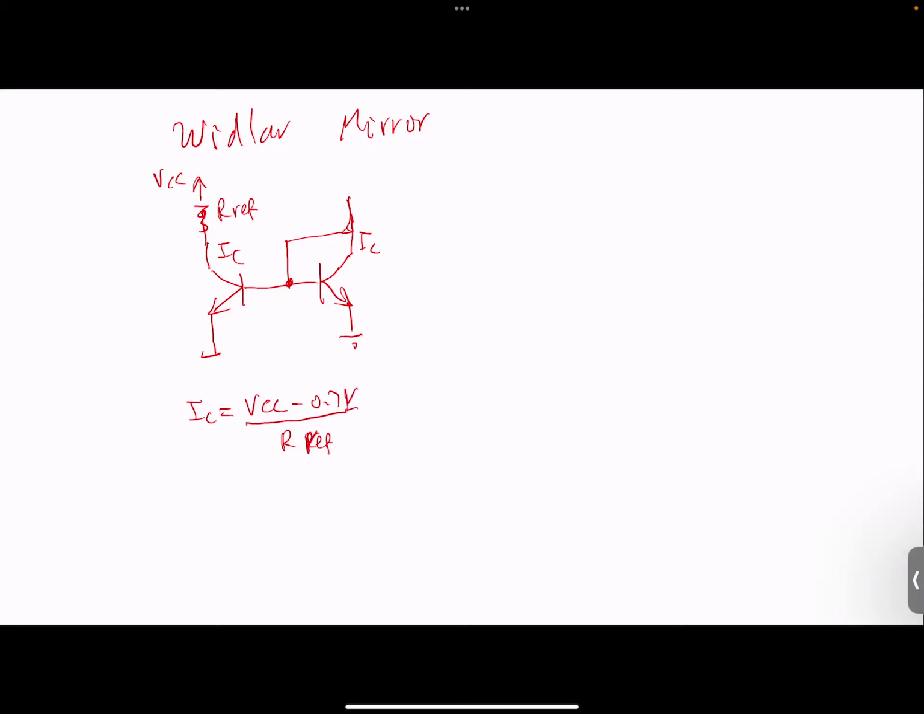So this is how you get this regular current mirror. Suppose you want such an amount of current, you will find out that you calculate R reference, and it is going to be VCC minus 0.7 divided by IC. So if IC is small,